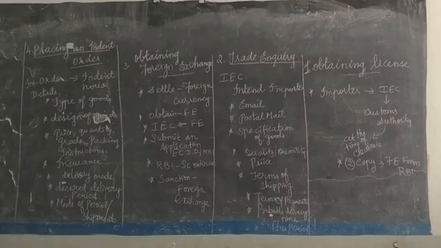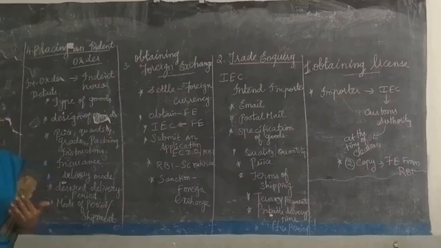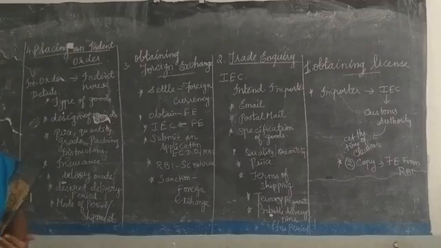Then let us move on. The inquiry was over, and he also obtained the foreign exchange to settle the money. Then what is the next step? We have seen in the export procedure that the exporter wants to know the creditworthiness of the importer. Likewise, the importer wants to know the creditworthiness of the exporter. So for that he must get the LC. Let us see how to obtain the LC, letter of credit.